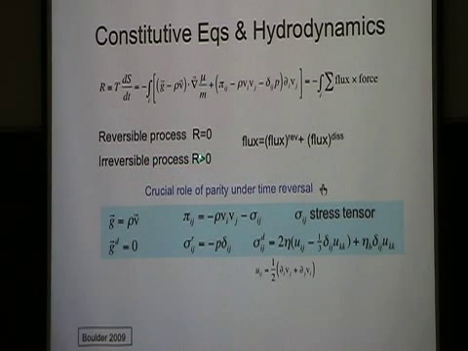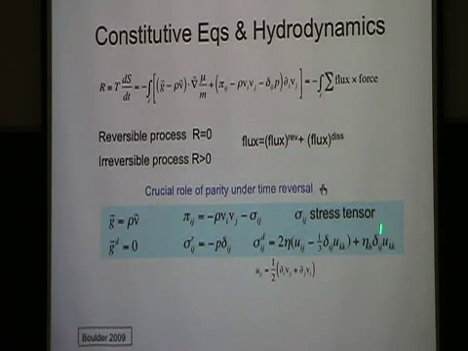Now, if you're dealing with an irreversible process, then R has to be positive, and that tells you that there has to be an additional contribution to these fluxes, which is called the dissipative part. And that part has to have a particular sign, and a certain property under time reversal, to ensure that it describes dissipation. For a simple fluid, it can only depend on velocity gradients, and it's a second order tensor. In an isotropic system, the most general way you can write it is this, and you write it in terms of two parameters, which are the shear and bulk viscosity of the fluid.